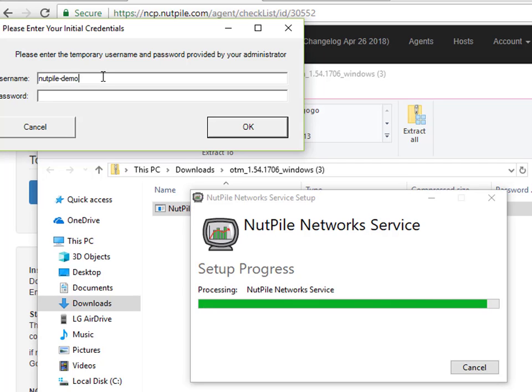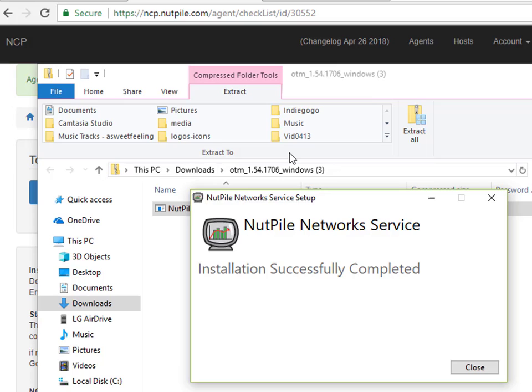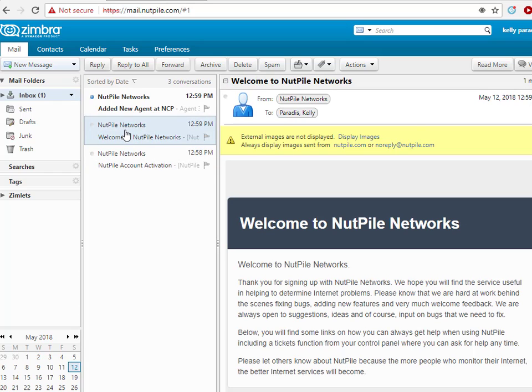password. Click the OK button. The system will check your credentials to make sure you typed everything correctly. And if you did, you'll get installation successfully completed. Click the Close button. Go back to your email client and you should have two emails from NutPile, one welcoming